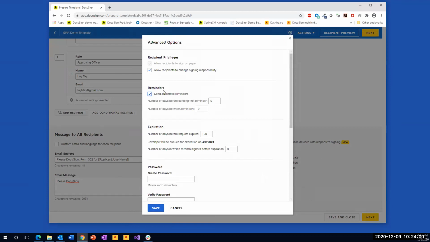You turn this on, you leave the reminder and the nagging to the electronic platform, DocuSign. Very nice this way. And we also allow you to configure the reminder using two separate settings, right? The first one basically tells DocuSign, all right, how many days to wait before we start sending out reminders?